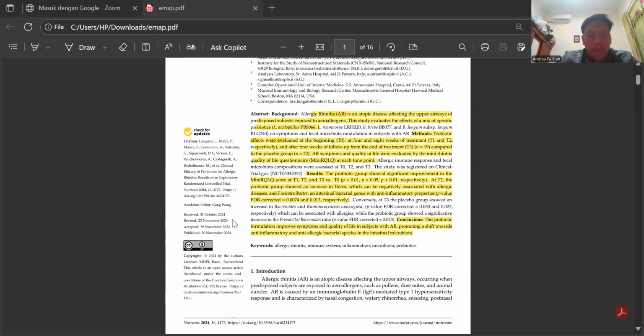In this presentation, I will apply this checklist to critically appraise the probiotic trial from Nutrients. Let's now move on to the main part of the presentation. I will go through each section of the CONSORT checklist and discuss how the article fulfills or does not fulfill its requirements.